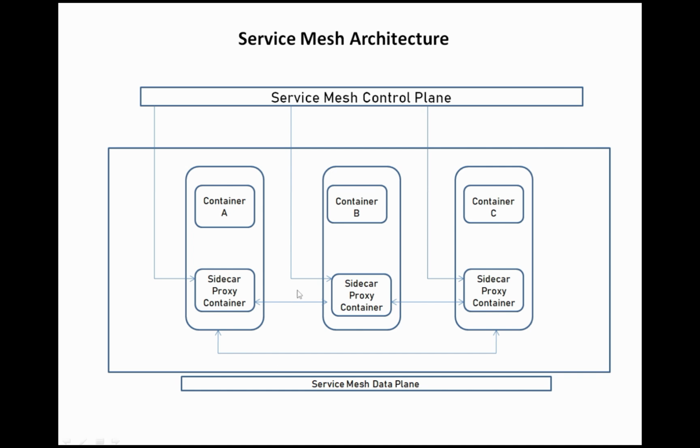In this diagram, we have three microservices. For the time being, ignore the sidecar proxy container in each of these microservices. If you remove it, you will be left with just three plain microservices. Technically these are Kubernetes pods,